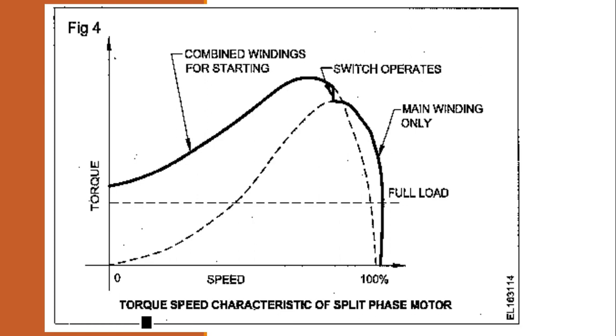The resistance winding will be turned off. Why are we turning off the resistance winding? Why does the auxiliary winding have high resistance? Why is the auxiliary winding given inductance? What if...